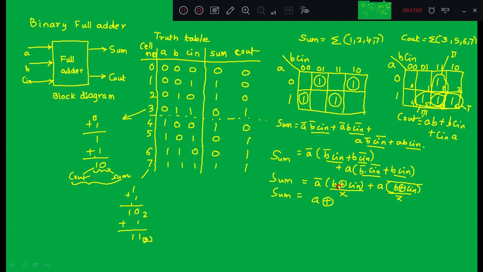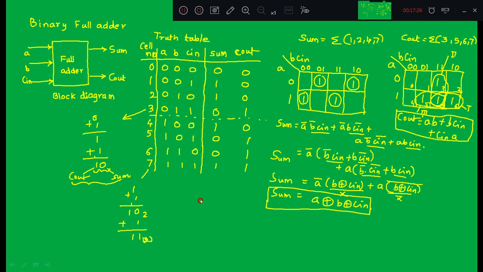A XOR X is nothing but A XOR B XOR C in. So this is the final expression for sum in terms of XOR gates we have derived. This is the final simplified expression from the K-map for carry.